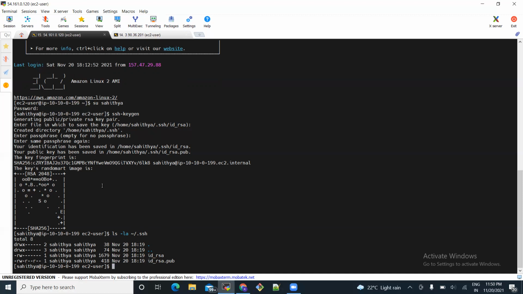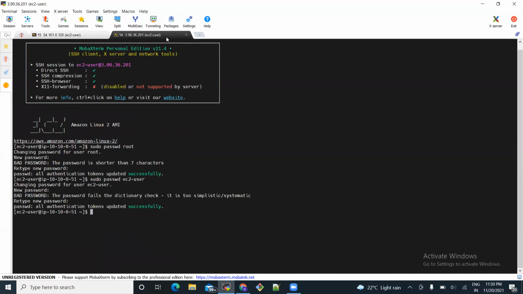Now do the same process in server 2. In both the servers, we should generate keys. So do the same process here. Here I'm not adding any user. I want to log in to Sahitya from EC2 user, so just keep it as EC2 user. Same process, we should create a key here. So the command for generating a key is,